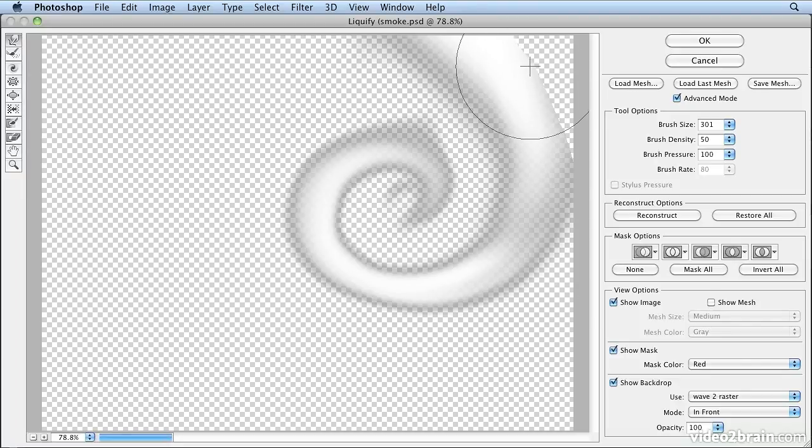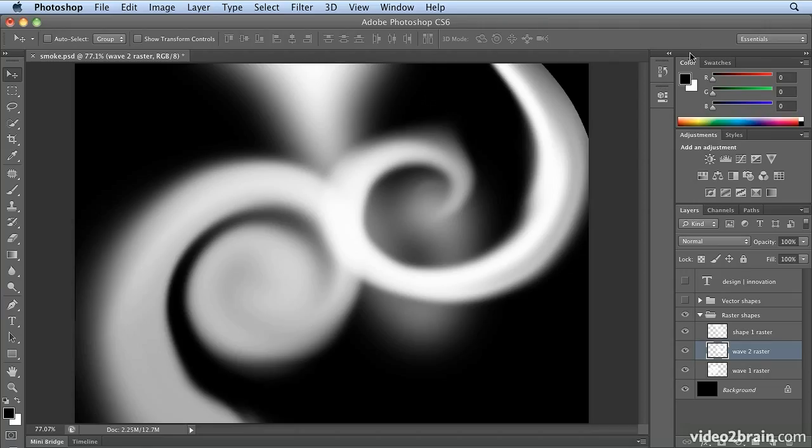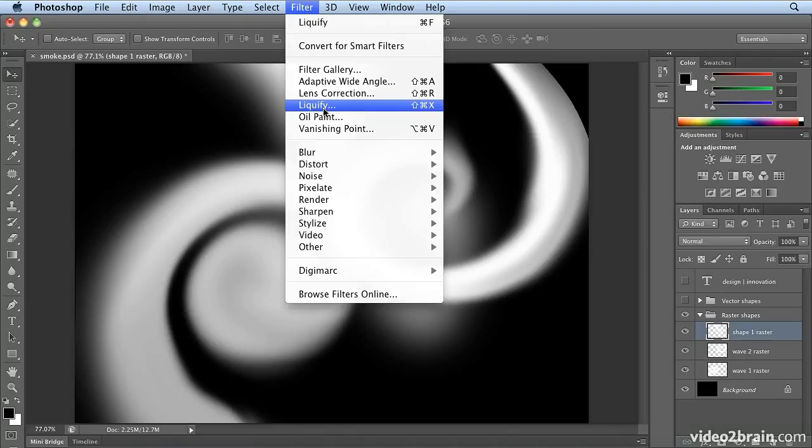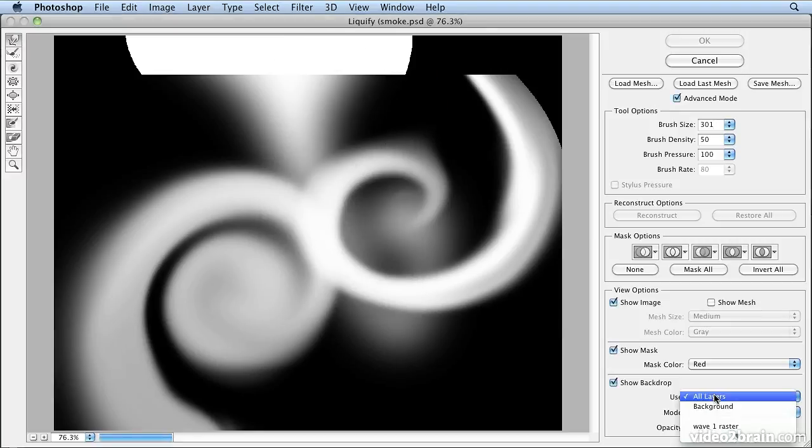I think I'm happy with that. I'll click OK. Nice other swirl. Then I'll click on Wave, or pardon me, Shape 1, and then Filter, Liquify. Make sure I'm using Shape 1,